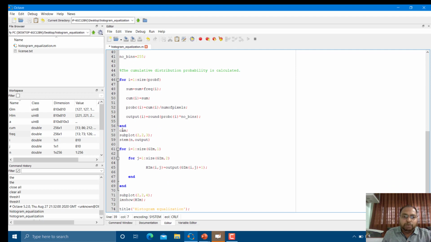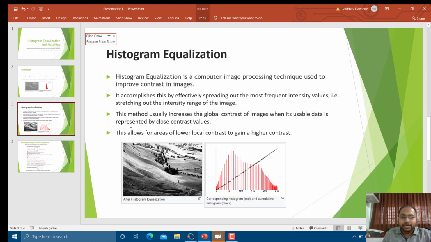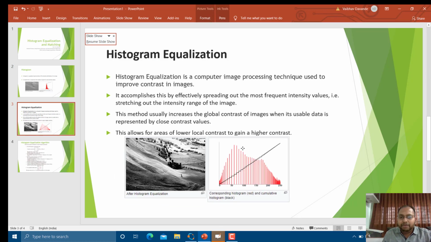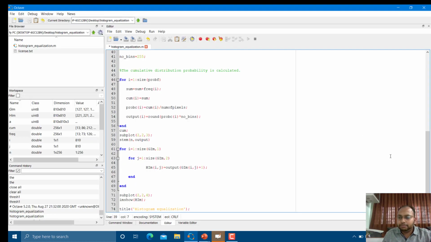Now we are going to define the cumulative distribution function. Then we are going to plot this output function, and we'll be getting this kind of plot. Are you getting it? This kind of plot we are going to plot with the help of this function, stem. By means of this stem we are going to get that kind of plot, and finally we are going to transfer all the values into h of, that is the histogram of the new image, that is the histogram equalized image. And we are going to display that image.